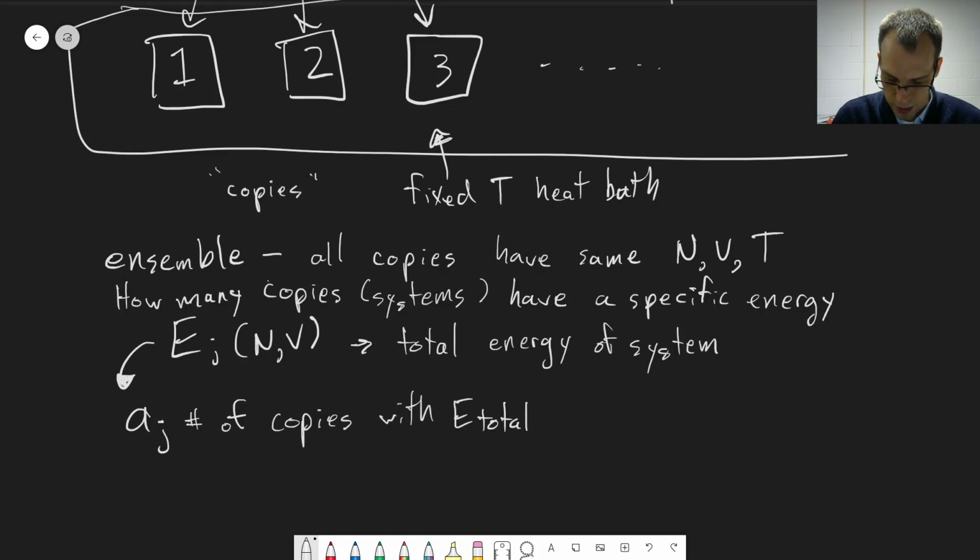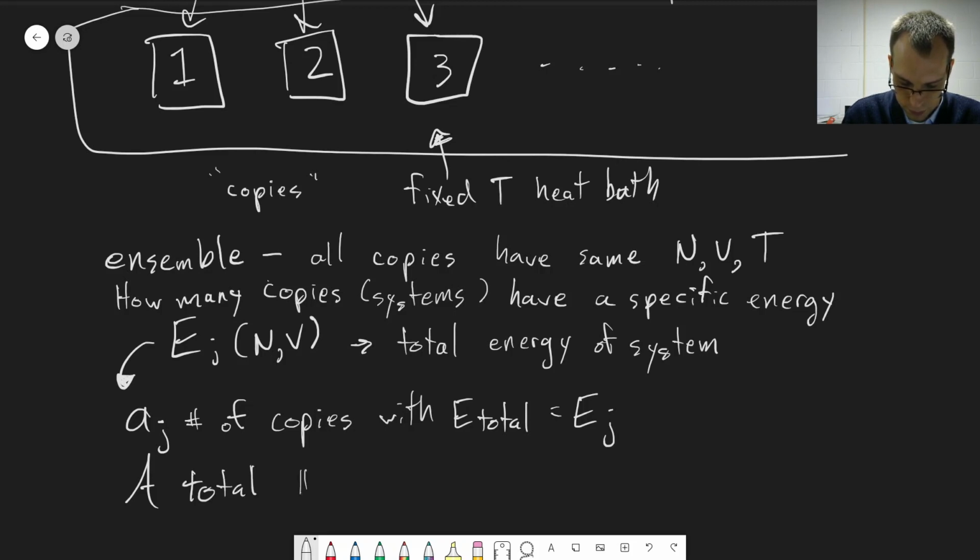Number of copies with E total equal to E_j. And then our total number of copies, now this is all completely theoretical, so we don't have to specify exactly how many we have. We're just going to say it's very large. It's a big number. We're going to call that big A, equal to the total number of copies. Okay, so we don't know what the specific values for these are, but we can still give a general idea